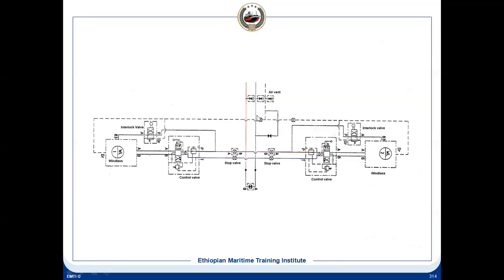So if you see this diagram, this is the bypass valve to make a ring, and at the extreme end, there will be an air vent. Even here also there will be air vents so that air can be released, and this valve should be shut. Now, if you see, this is the pressure line. Both sides are identical, port and starboard. Let us see one side.